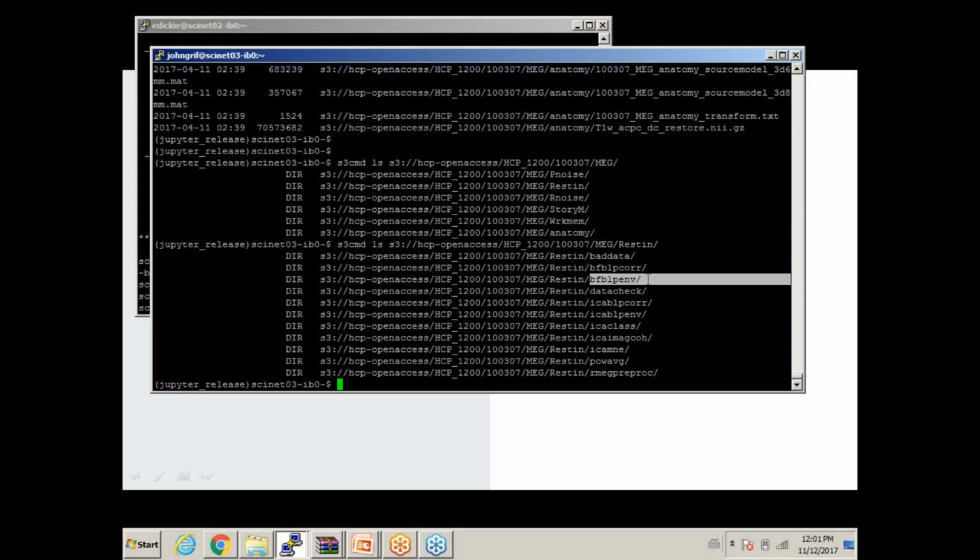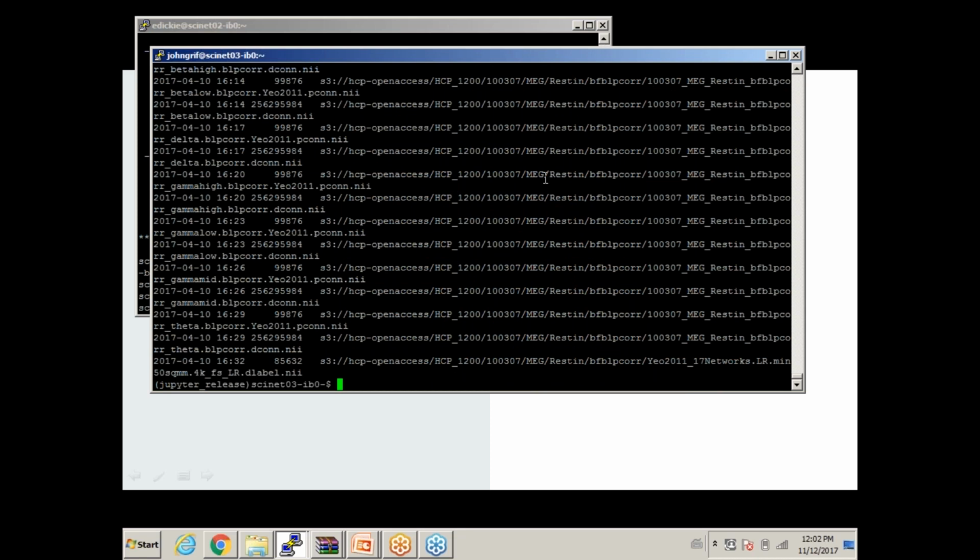This is going to give you time series at a given frequency of the envelope, and then if you have the BF here, this is beamformer. Okay, so the beamformer source localized band-limited power correlations. There you go. They're connectivity matrices. Dense connectomes, in fact. If we have a little look, BF, DLP core,